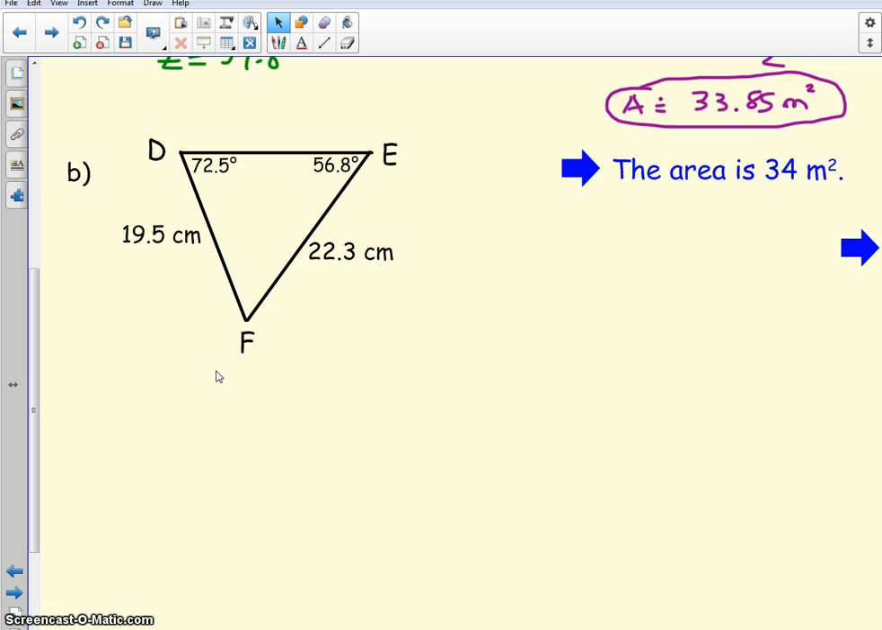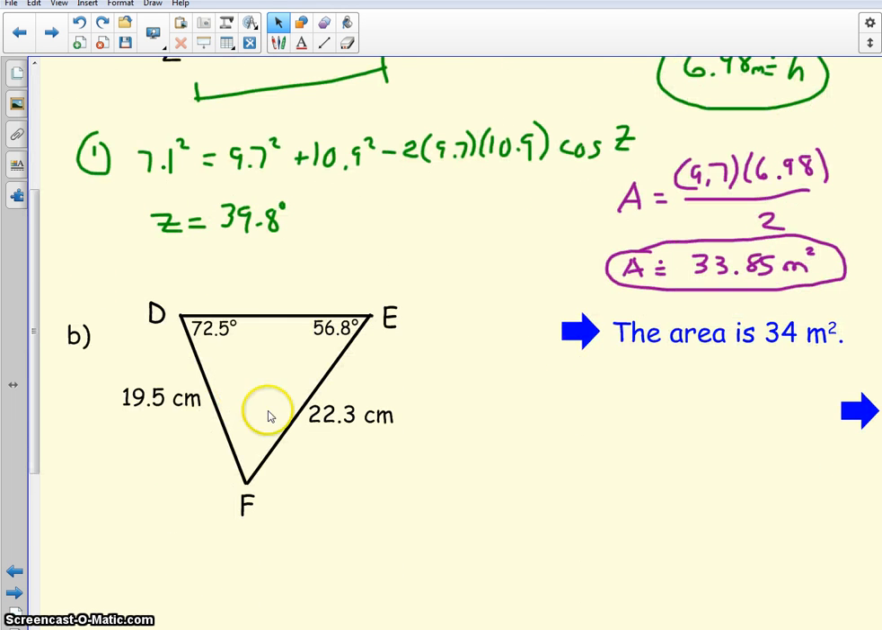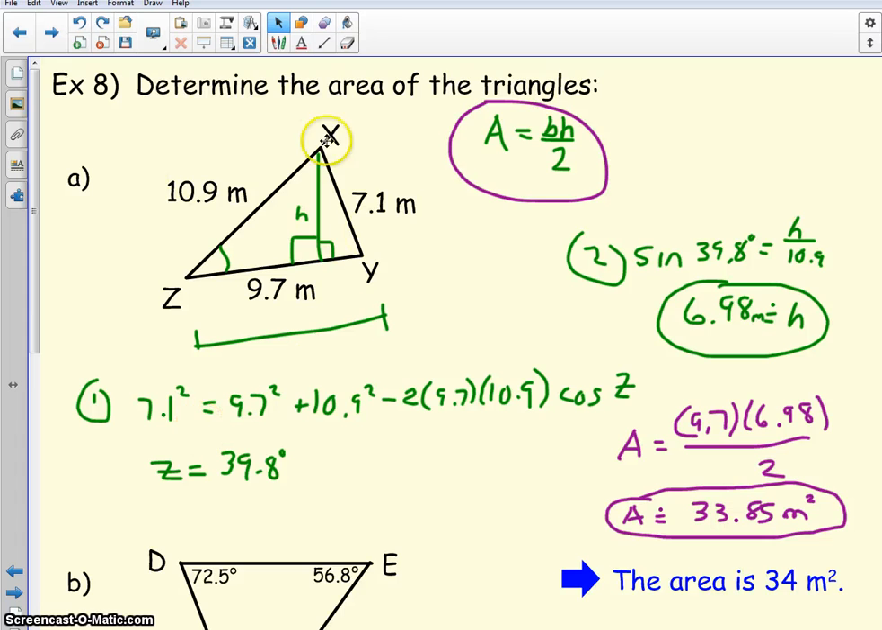So for this one right here, same idea as the last one. We want to try and find the area of this triangle. We don't have the height. I want you to do this one on your own. I'm not going to go through it. But one thing you might notice here is, unlike this one where we had to use cosine to find an